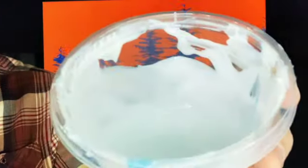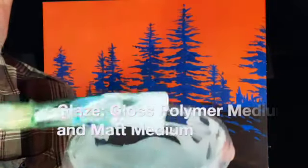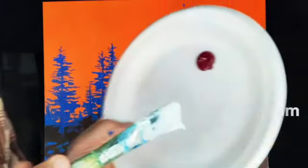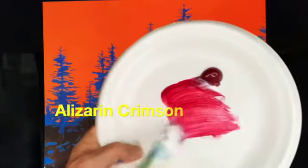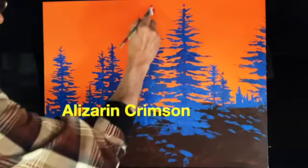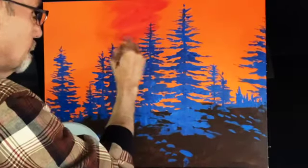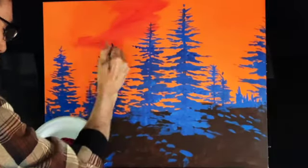Now we're going to put a glaze on the painting. This is a mixture of gloss polymer medium and matte medium, and we are going to mix that with some Alizarin Crimson and make a glaze which we will put over the whole painting. Now you have to wait until the whole painting is dry before you put the glaze on. So if your painting is still not dry, wait a few minutes, then begin to add the glaze,